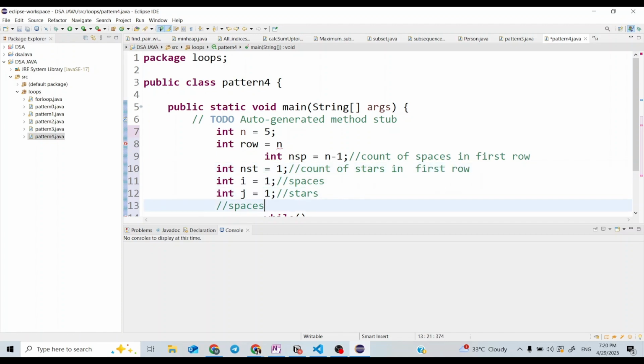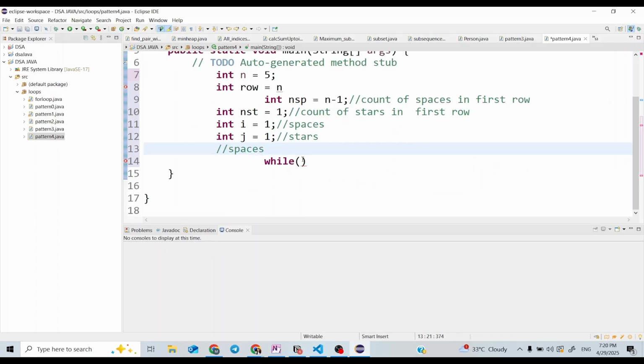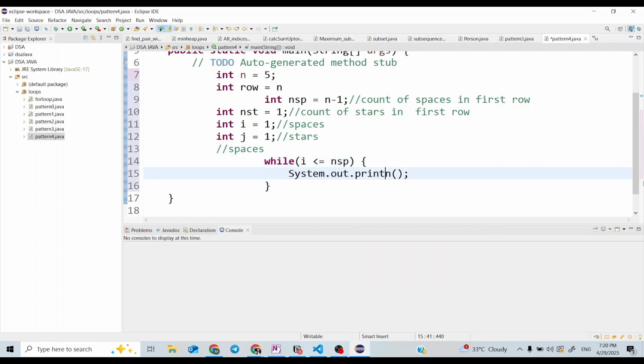And next is print spaces. So while i is less than or equal to the number of spaces, simply print the spaces. Remove this ln, in double quotes I will put a space, and i plus plus. So this will print our spaces. And second was to print stars. J is for looping on the number of stars.